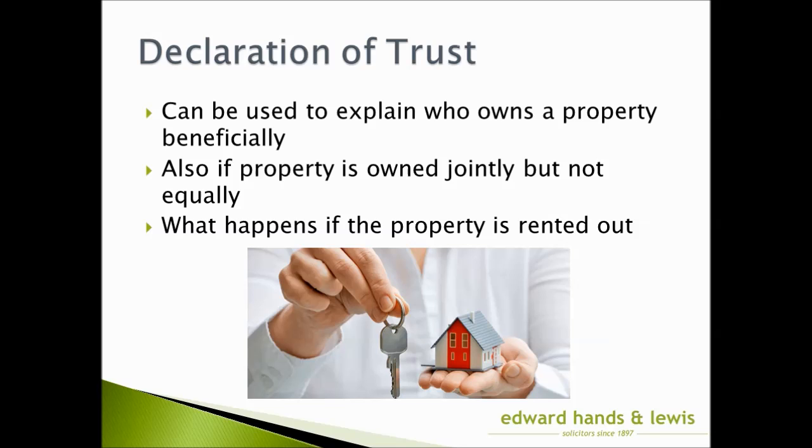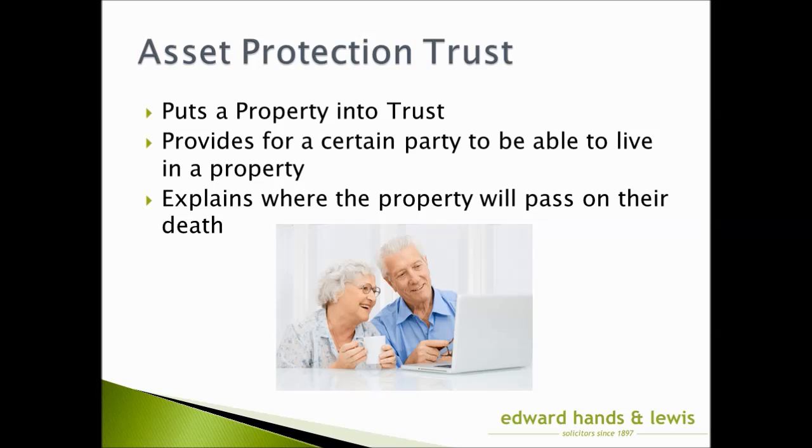That's declarations of trust. The next trust that you may have heard of and may be coming across more and more are asset protection trusts. This kind of trust basically transfers a property from somebody's name into a trust, and usually provides that a certain party is able to live in that property during their lifetime, and then on their death, the trust would explain where the property will pass. The features of an asset protection trust are that